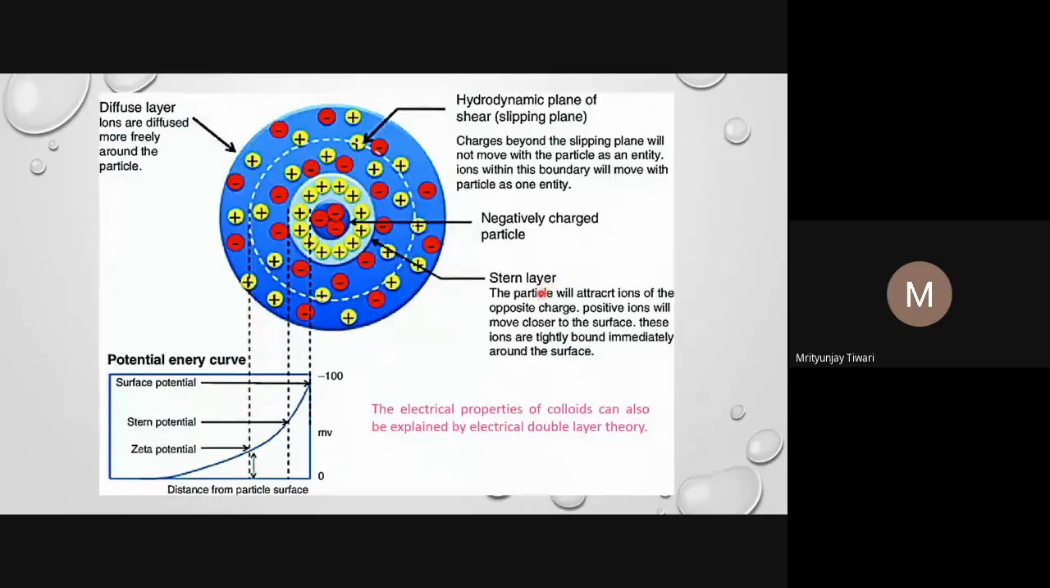And in this Stern layer, the particle will attract ions of the opposite charge, and this is what we see on the Stern layer or the fixed layer. This colloidal particle will attract ions of the opposite charge. Positive ions will move closer to the surface. These ions are tightly bound immediately around the surface. The hydrodynamic plane of shear is the boundary beyond which